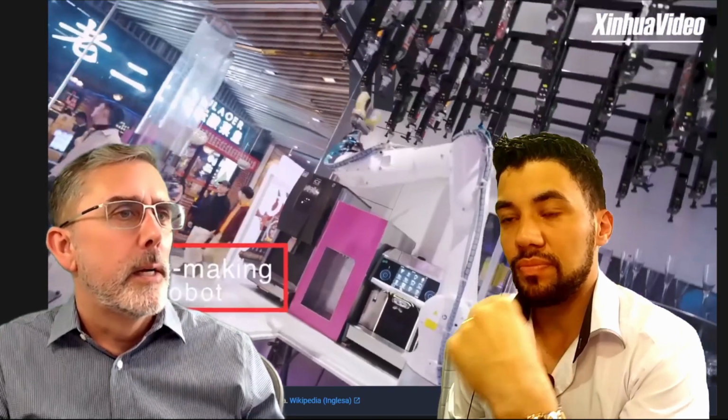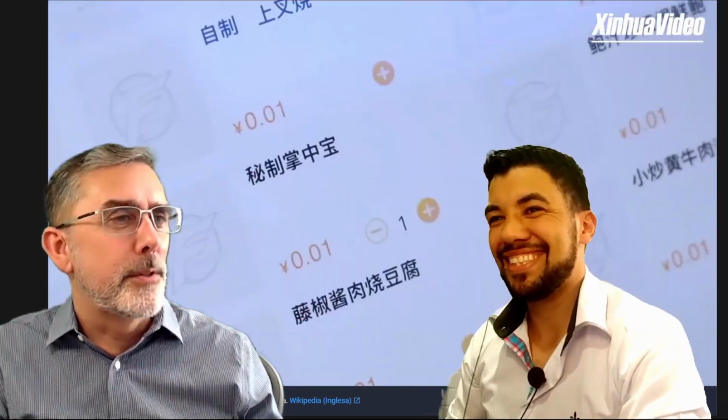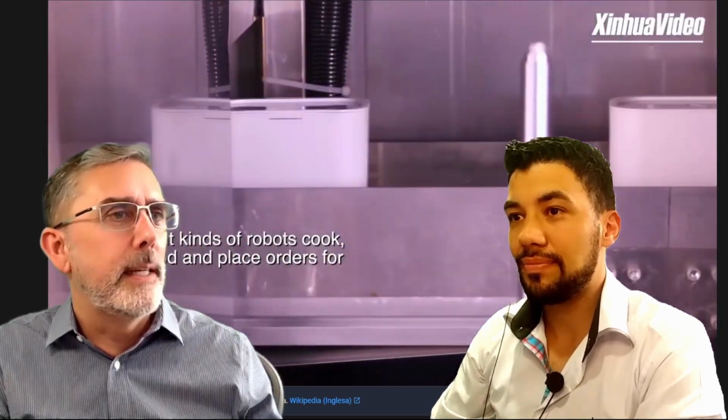Now we're getting into the kitchen area. A machine is pouring beer, maybe making a cocktail here. So it's accurately dispensing the different parts of the drink, shaking it up like a good robot might do, and pouring it into a glass, presumably with accurate measures. And then it looks as though we're looking at the ordering experience on an iPad,